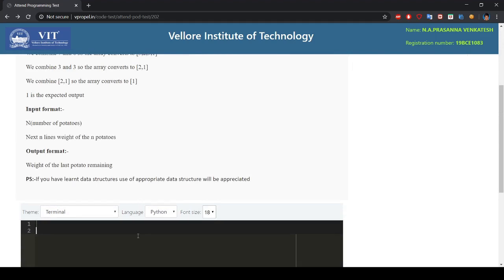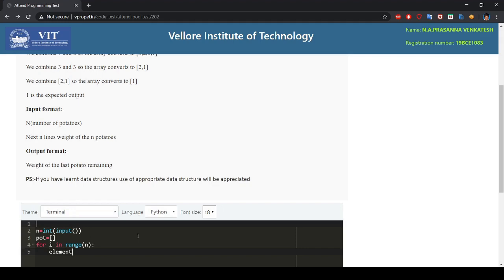First, the number of potatoes is given as input, and second, you should form a list of potatoes and get the input of the n potatoes.